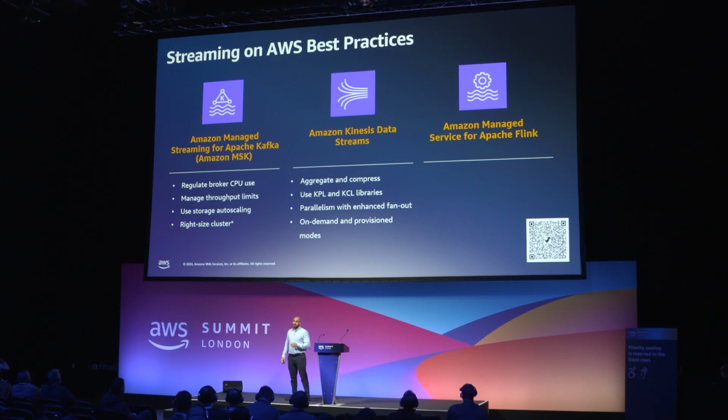Now, KDS in general is built, and the billing is a function of the message size and the number of messages. So if you want to optimize this, you're going to want to aggregate and compress your messages. A simpler way to do that is to use the Kinesis producer libraries and Kinesis consumer libraries, which will abstract some of that operational complexity away from you. And you can use the KPL,